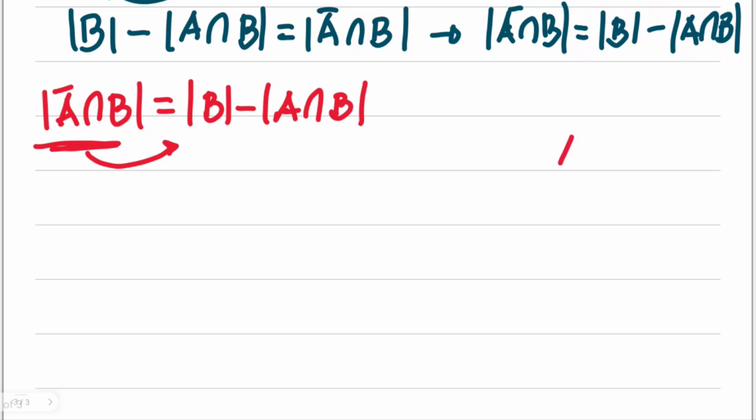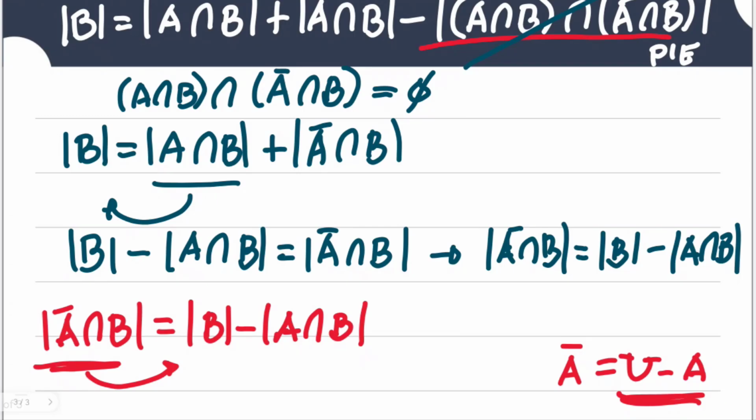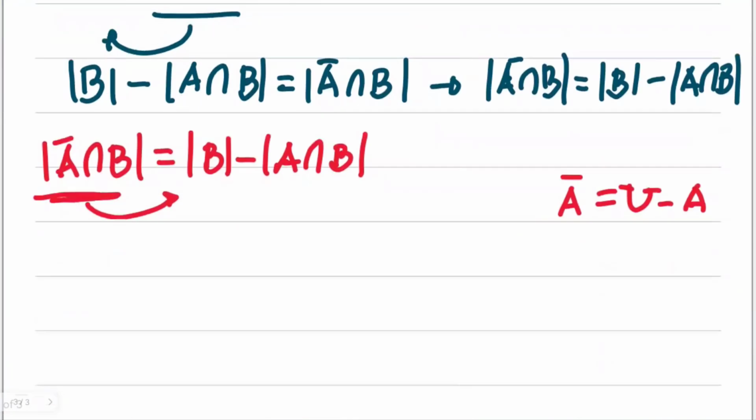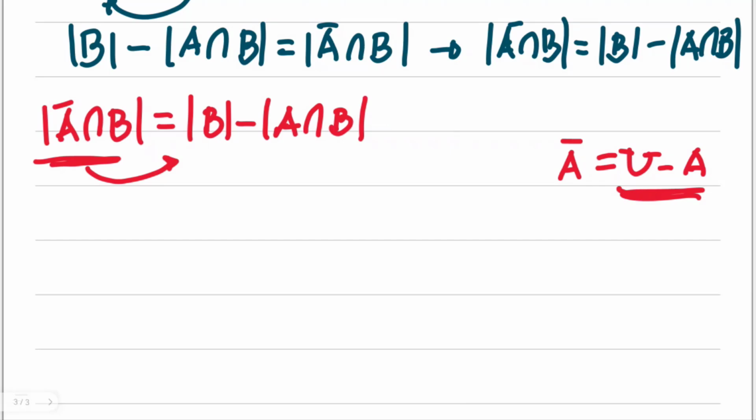We know that the complement of A is just equal to the universal set minus A. This is by general aspect. And since we know that the complement exists, hence there exists the universal set. So with that, let me write it in this manner: the universal set minus A, that's your A complement. First, we have this one without the cardinality; we're going to return to that later. Again, this is the universal set minus A.